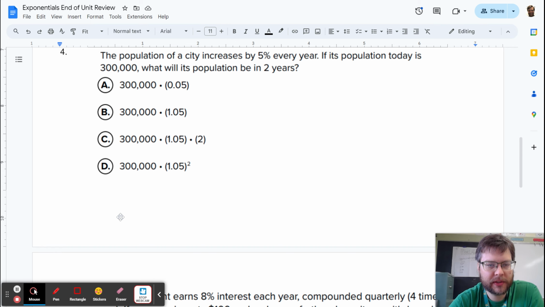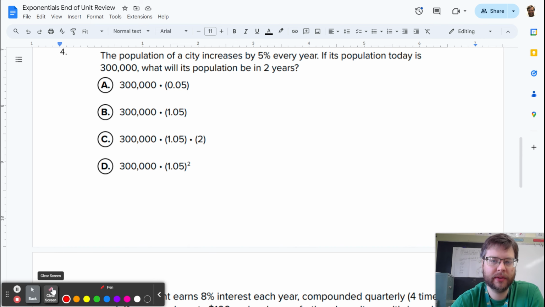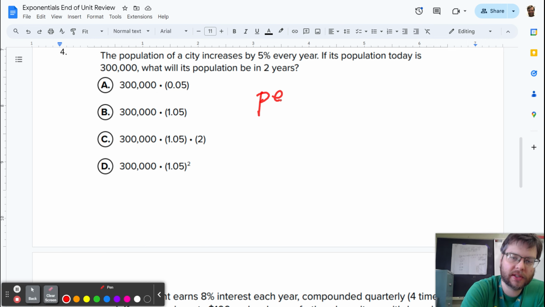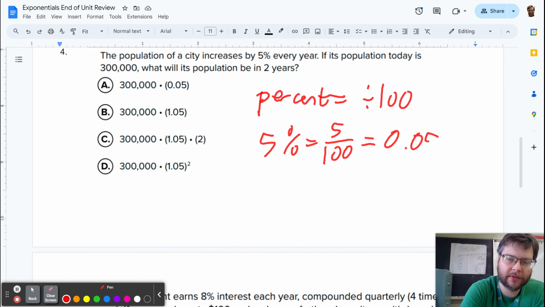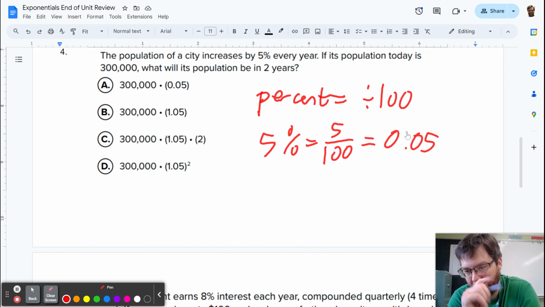The population of a city increases by 5% every year. So remember, I've hammered this home a lot that the word percent just means divide by 100. So 5% is 5 divided by 100, which is 0.05. However, it says it increases by 0.05. Look what happens if I just go